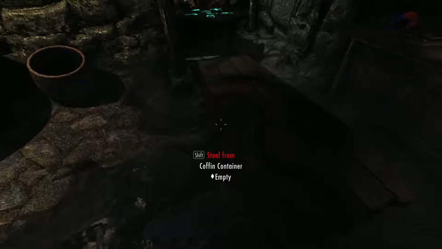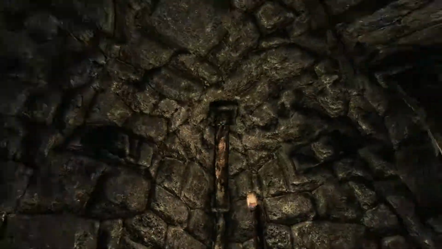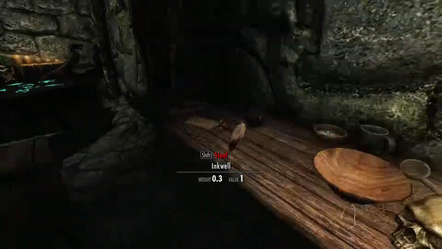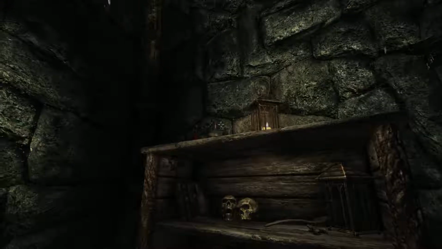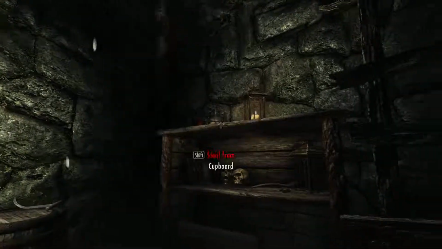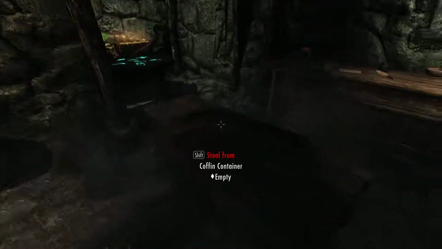The reason it's saying steal from is because the player doesn't own this cell. So if you notice, anything else in here is going to say steal from too, because it inherits this stuff. This is actually Anis's cell, so technically taking stuff from an NPC's house is stealing. So that's why all this stuff says steal. But